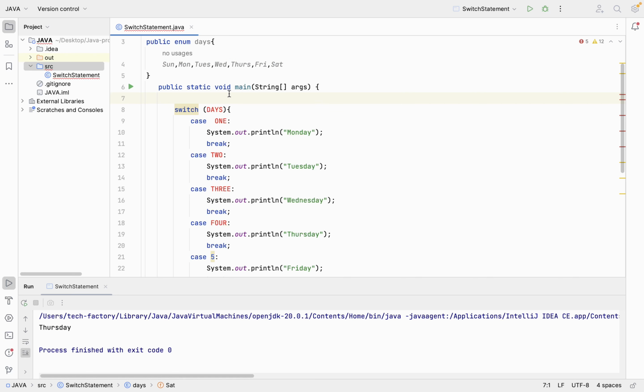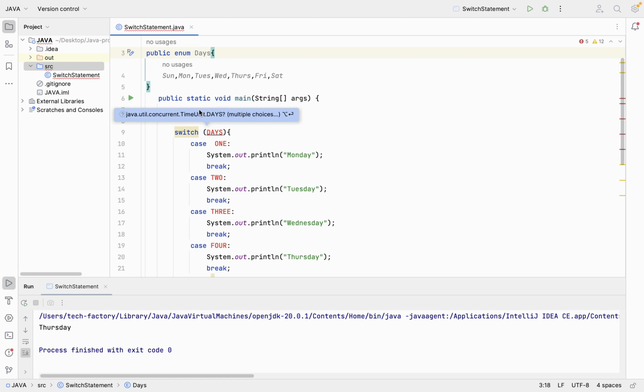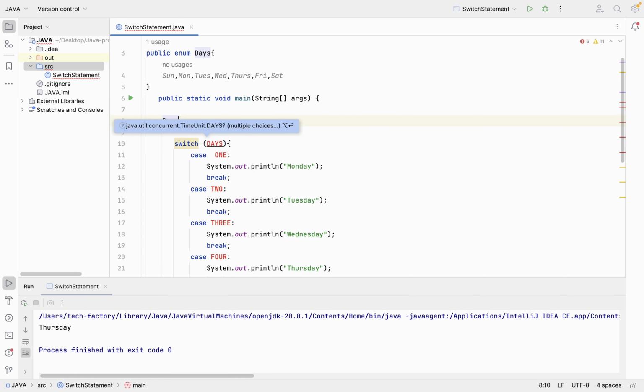So how can that be done? Inside the main method we have to get something like Days. Here I have to declare it with a capital letter, and inside the main method I will say that days is equal to, I am going to say this, Days.Sunday, or let's say Monday. After that what will happen here,